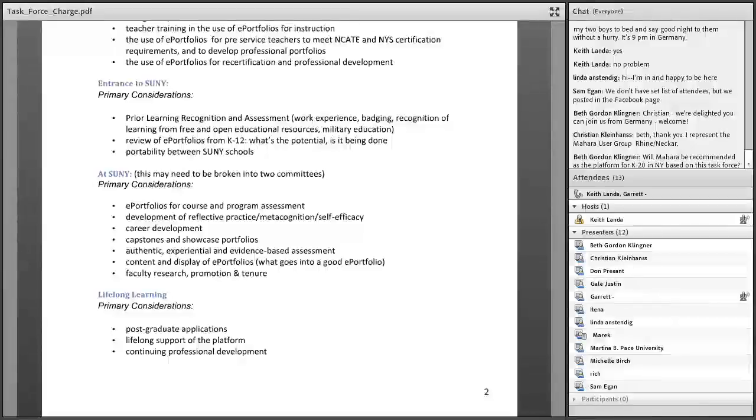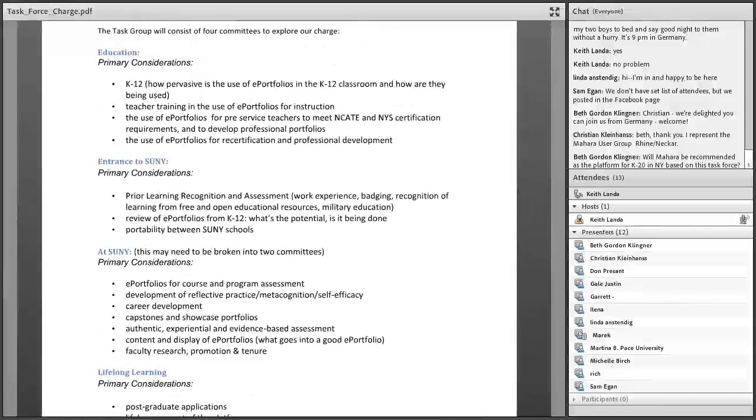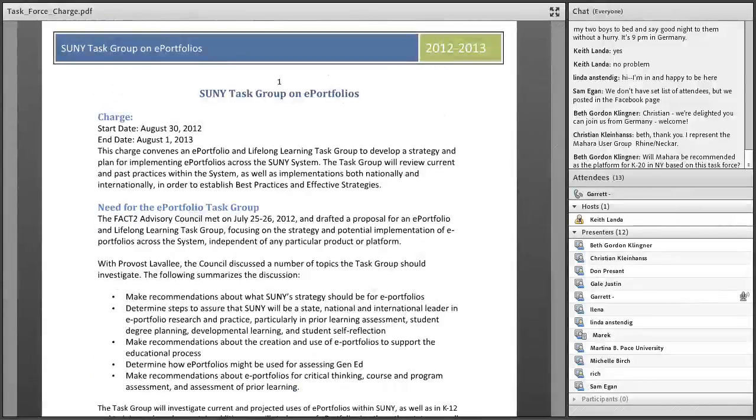We've had an organizing meeting, and then we had a very nice Adobe Connect session just recently with someone who was involved in getting the Cal State e-portfolio project up and running. So that was very informative in thinking real big picture.